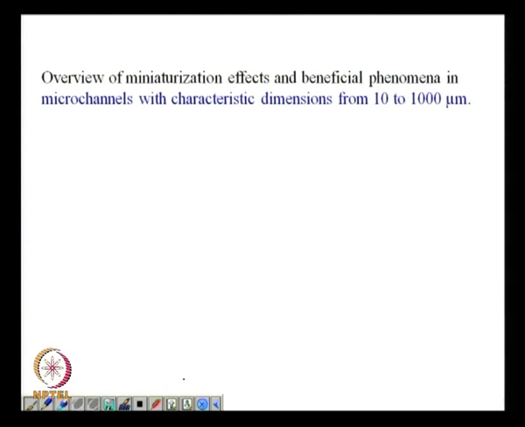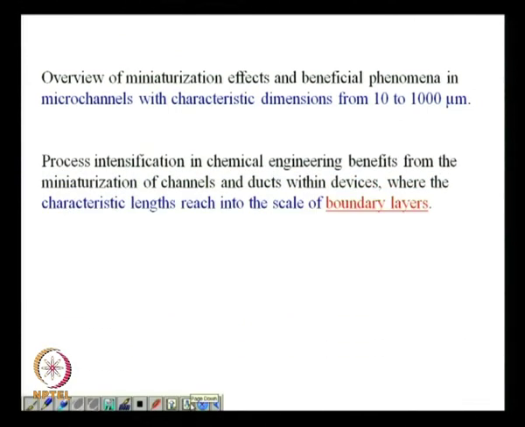In this course, we would like to give an overview of the effects and phenomena, for example, in a micro channel, which can have characteristic dimensions from 10 to about 1000 micron. And one of the basic reasons why the processes taking place in a micro channel are so fast, or how the miniaturization of the channel size can play an important part in the intensification of the process,